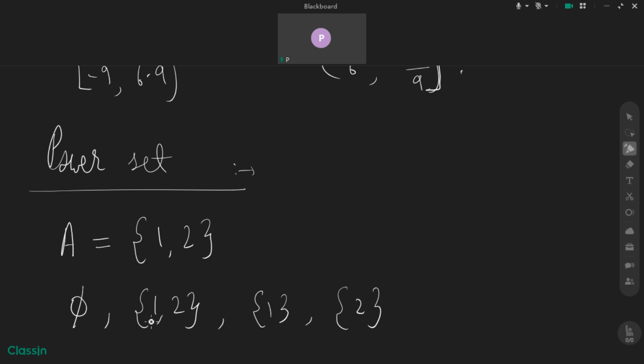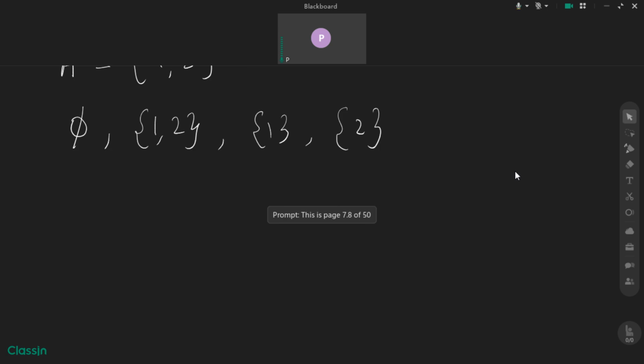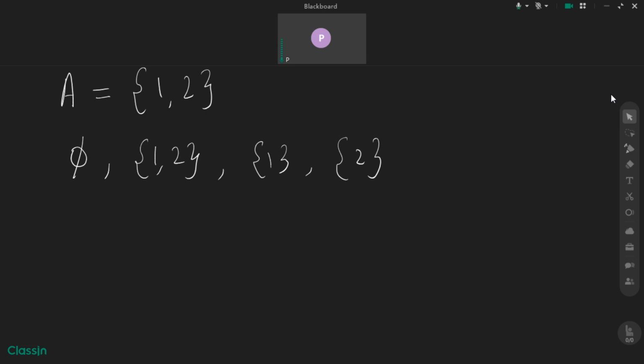They are 4. First, phi, because phi is a subset of every set. Second, A itself. Third and fourth, the two proper subsets, {1} and {2}. And there cannot be any other subset of this set. Now we have got the 4 subsets of this set. If we make a set of all these subsets, with them as the elements of that set,